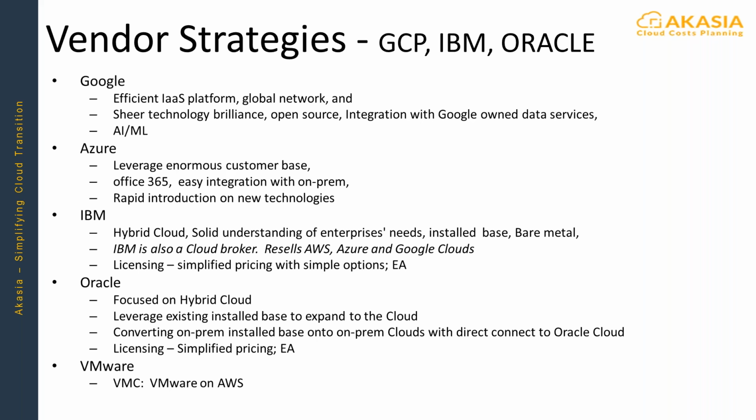Oracle, again, very focused on hybrid cloud. One of the biggest things they've done this year is really going to the enterprise and actually converting on-prem installed infrastructure into a cloud architecture. Basically taking over the entire infrastructure and converting to more of a utility model, and they're responsible for hardware, software, everything. So in other words, you're getting the cloud on-prem, and they have access to the Oracle cloud to expand if they need to. VMware,